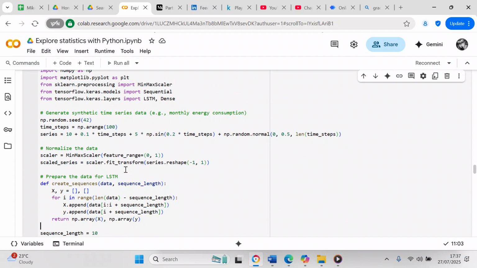Now we're going to prepare the data for the LSTM. So we're going to define the function def create_sequences(data, sequence_length). Those are the arguments that the function is going to accept. So X and y are two empty lists. For i in range(len(data) - sequence_length):